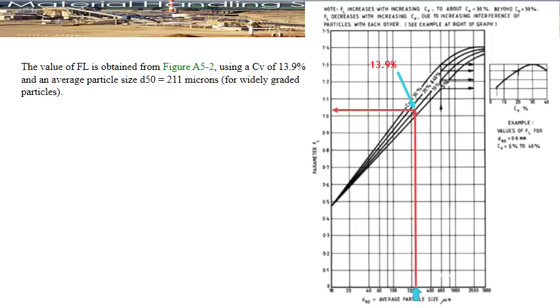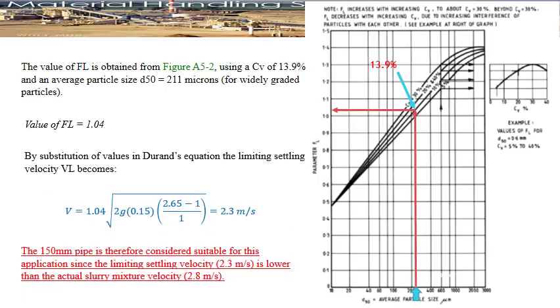Okay, I choose 104. If anyone reads it with his own eye, it's going to be a different value, but it's not going to be more than 1 or 5 anyway, because this is 1 and this is 1.1. So the FL value is 104 in this case, and by substituting all the values in Durand's equation, we